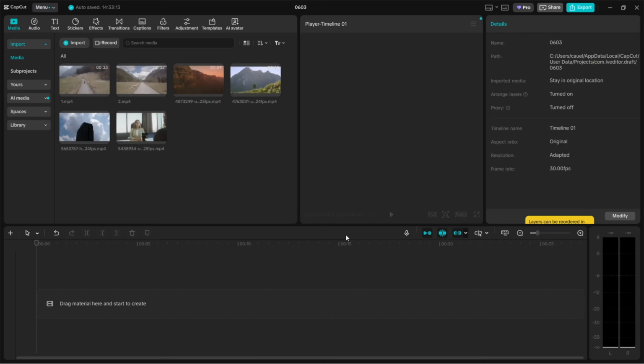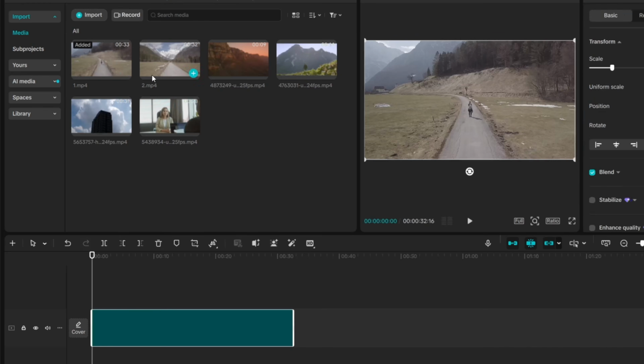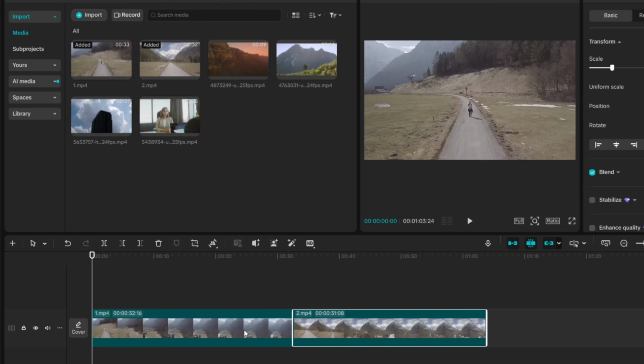Hey there friends, in this video I'm going to be showing you how to add glitch transition effects to your videos inside of CapCut. So I'm going to start by dragging and dropping some clips into my timeline right here,